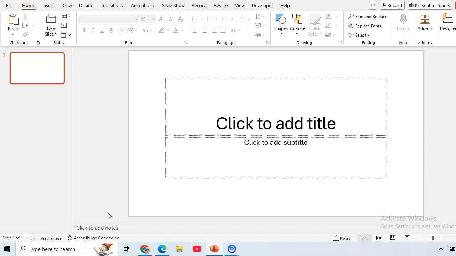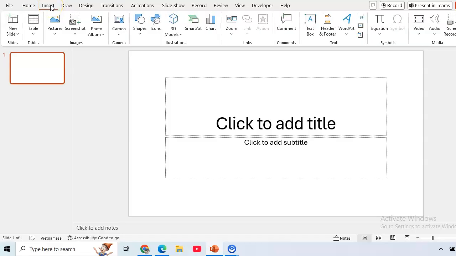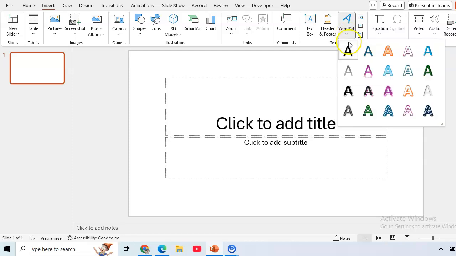Okay, how to make curve text in PowerPoint. When you are in PowerPoint, click Insert and then Word Art. Click on it and now choose the style you like. Okay, for example this one,